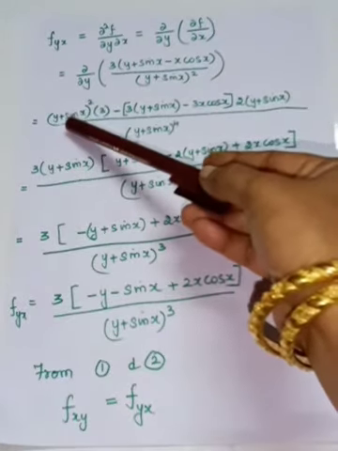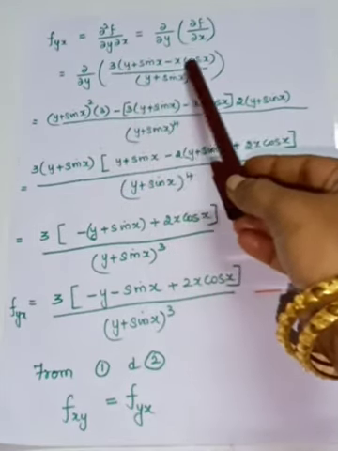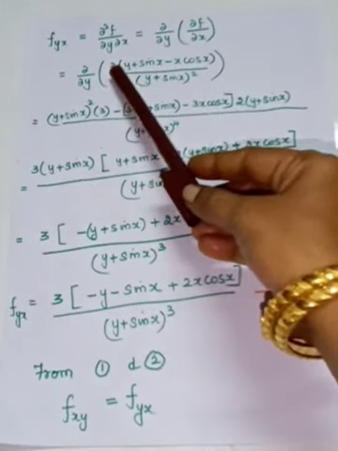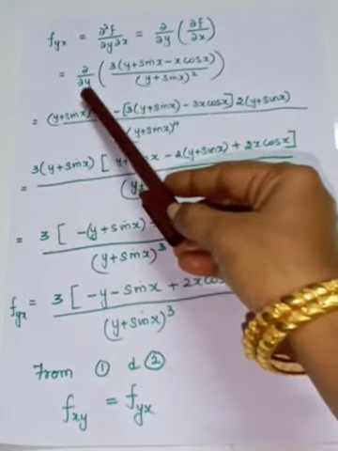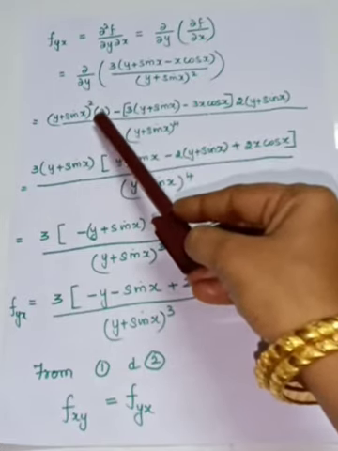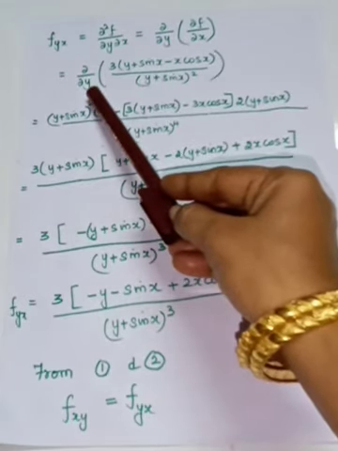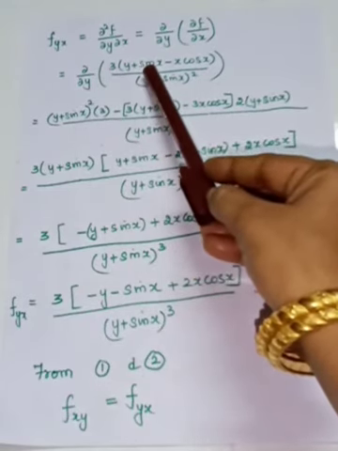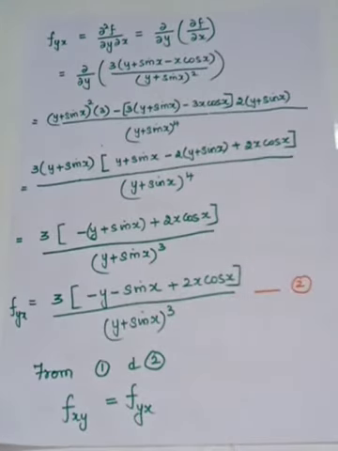Next, here you have to write the first term (y + sin x)². And what you have to do? The numerator has to be differentiated partially with respect to y. So this 3 is a constant I have written. Come to here, y. The differentiation of y with respect to y is 1. So 3 into 1 is 3. Come to sin x. It's a function of x. So while you are differentiating partially with respect to y, it's a constant, whose differentiation is 0. Come to this term, it involves x as x cos x, so it also has to be treated as a constant, whose differentiation is 0.